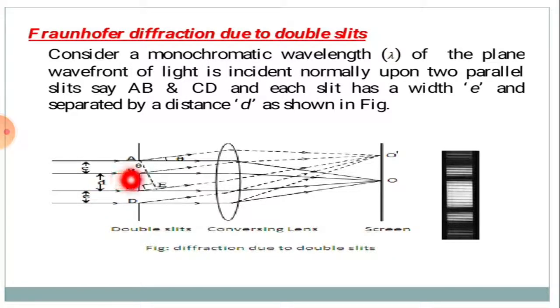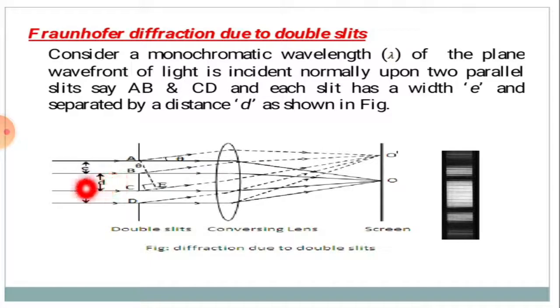And here, the center of the slit, or midpoint of the slit, is called the corresponding point. The distance between two corresponding points is also denoted by e plus d. The distance between midpoints of the two slits, or corresponding points of the two slits, is also e plus d, the same as the combined width of the slit and obstacle.